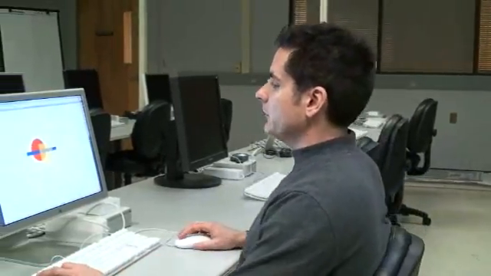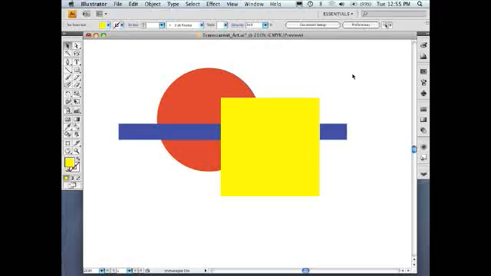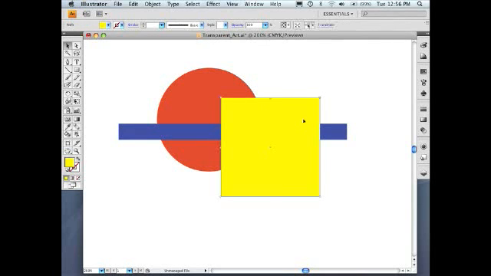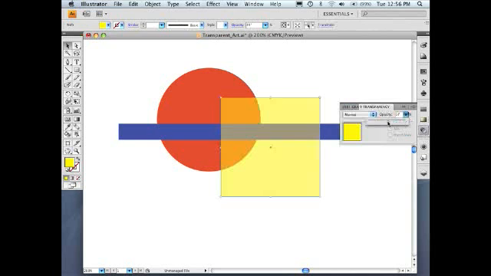Let's take a look at transparency in an Adobe Illustrator document. Okay, so here we have a simple graphic, a square, a line, and a circle. And the easiest way to introduce transparency into a document is just to simply select an object, open up the transparency pane, and apply transparency to the object. And now you can see the line and the circle are showing through from beneath the transparent object, which is